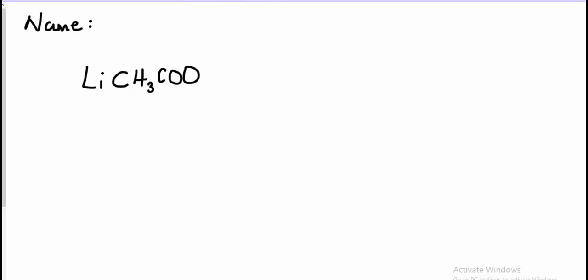It turns out that we would break it apart right here. And you might recognize that right away because you think to yourself, hey, I've seen lithium before, Li, that's a metal. Or you might recognize the polyatomic ion, which is acetate here. Or if you don't recognize it, then you would start by looking up anything that starts with Li on your polyatomic ion chart. And you're looking for something more than just Li, like LiC, LiCH3, and you're not going to